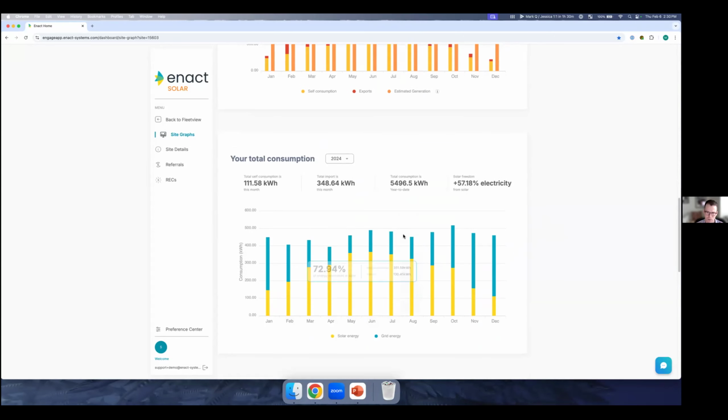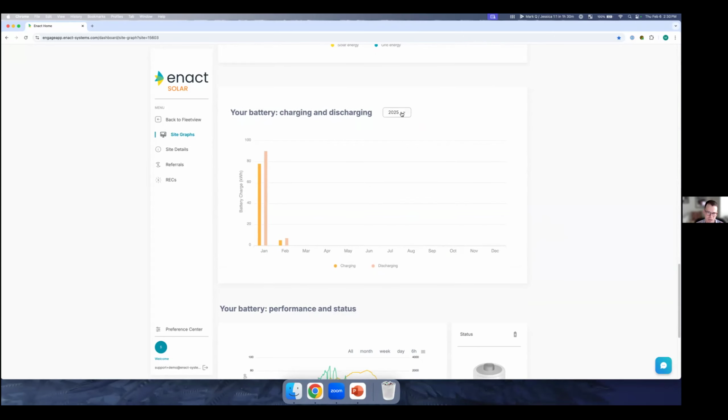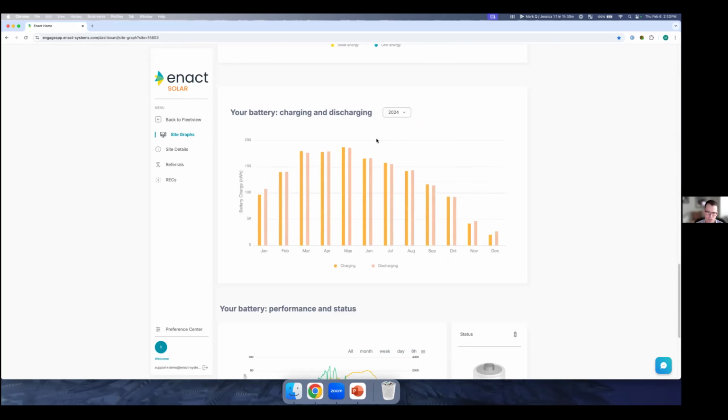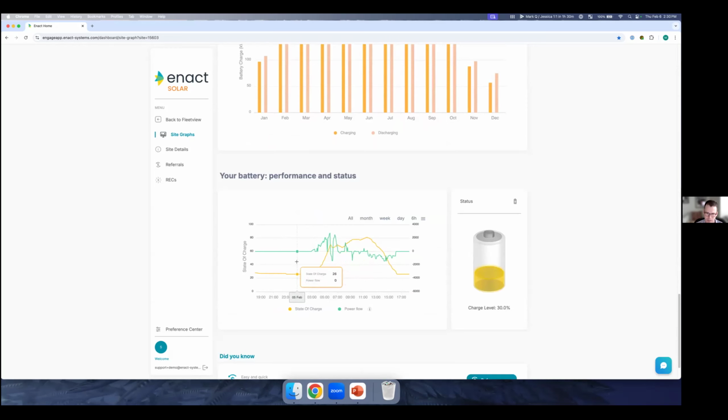Another way to paint that picture for the customer. And we have some basic data if the user has a battery around charging and discharging, as well as some very detailed hourly analytics. If the customer does want to nerd out around some of this great data in terms of understanding that state of charge throughout the day, this can be a helpful graph when discussing battery configuration savings